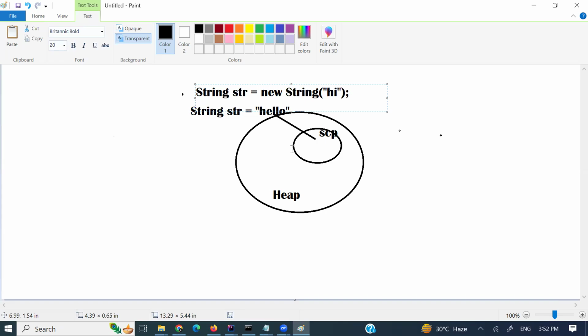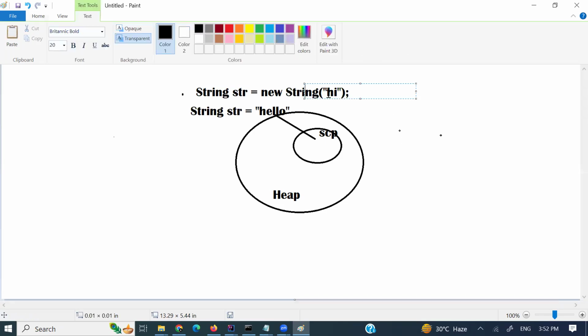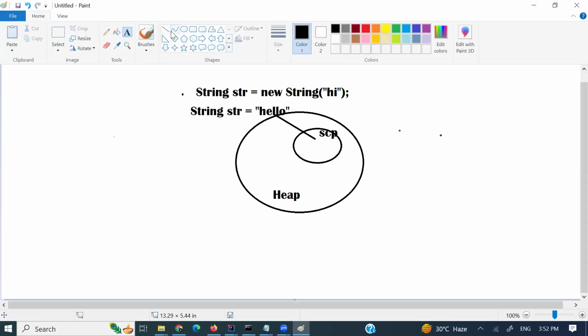Okay, you can pass hi. Here, by using the new keyword, it will store this hi inside the heap memory as well. It will store hi in the heap memory as well, and it will store